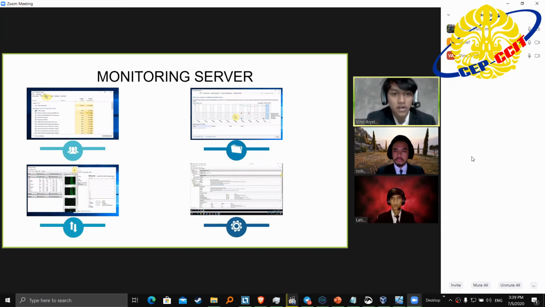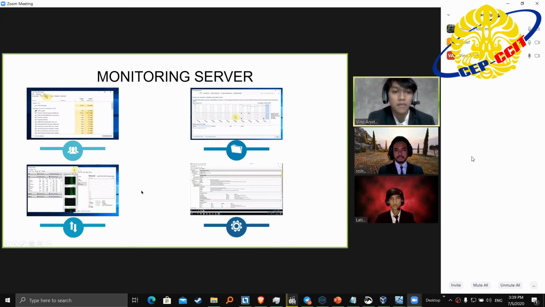The picture at the bottom top left is the Task Manager. In Task Manager, you can see processes, performance, users, details, and services. In the top right, this is the Reliability Monitor. See when we use the computer.